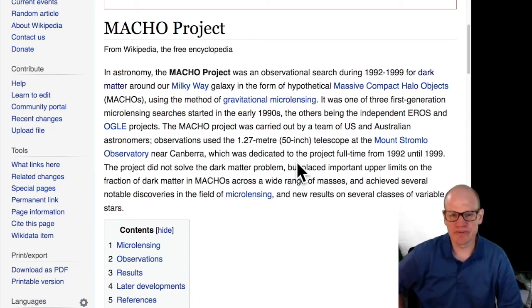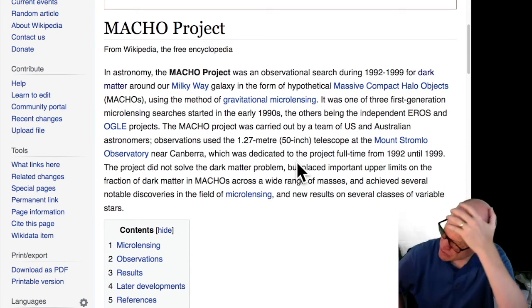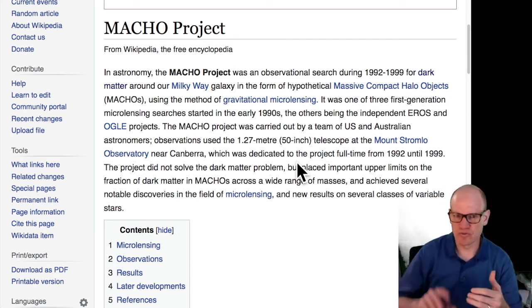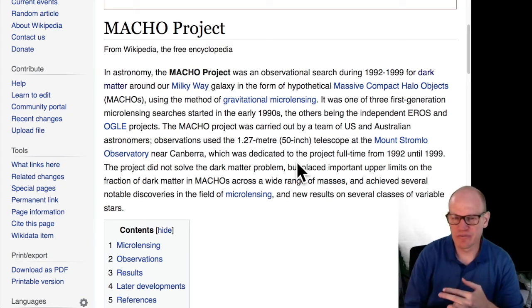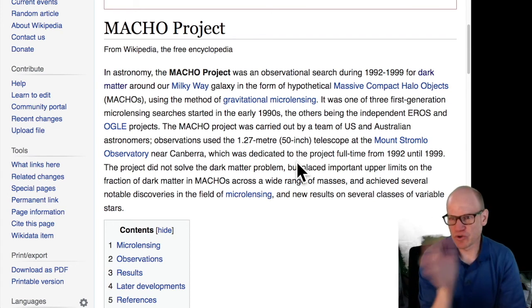Otherwise, MACHO basically eliminated down to only a few percent black holes that are either more massive than that. Actually, hold on, they would have constrained things that are less massive than 10 solar masses. So 1 solar mass black holes, 1 Earth mass black holes, kind of that range, that's a pretty big range from a solar mass to an Earth mass, but those have all been excluded by the MACHO project.